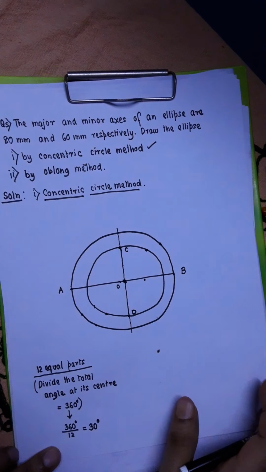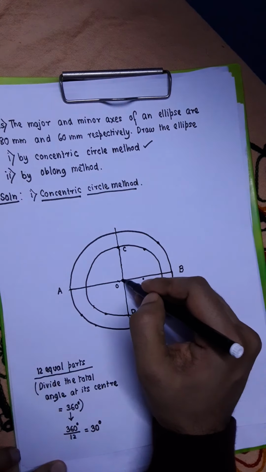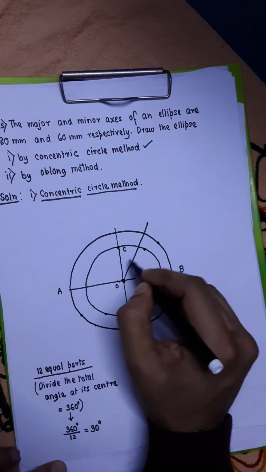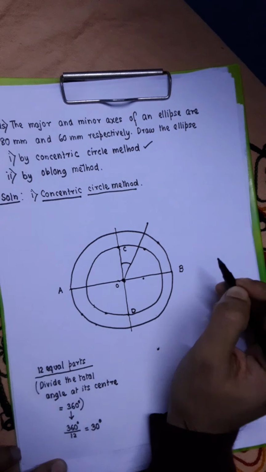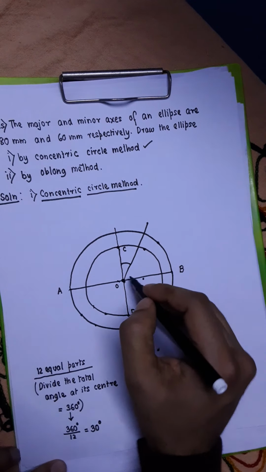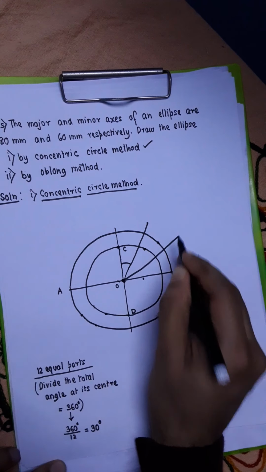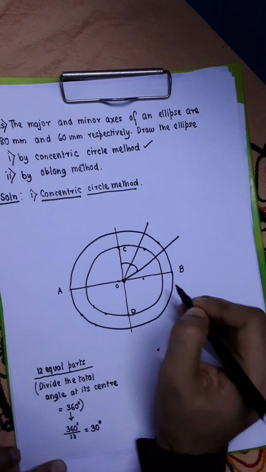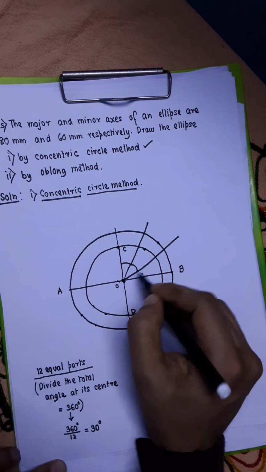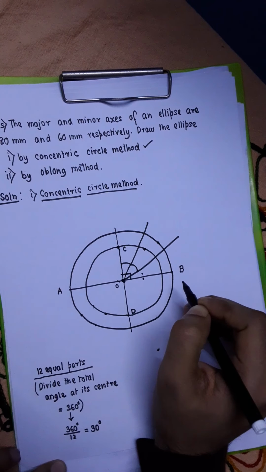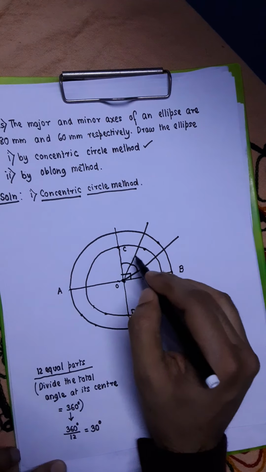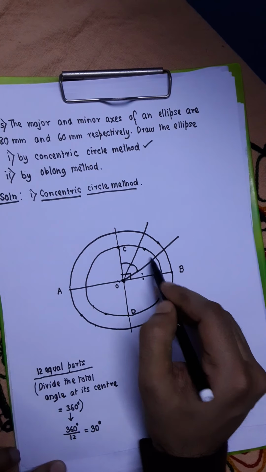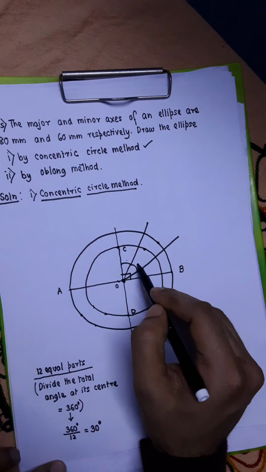So what we will do is, with the help of our protractor or any other angle measuring instrument, we will draw a line like this, where this angle is simply 30 degrees. Again you draw another line like this somewhere here. This angle is again 30 degrees, this is again 30 degrees. So this angle automatically becomes 30 degrees because this total angle is 90 degrees. So you see this portion of both the circles has been divided into 3 equal parts, 1, 2 and 3.